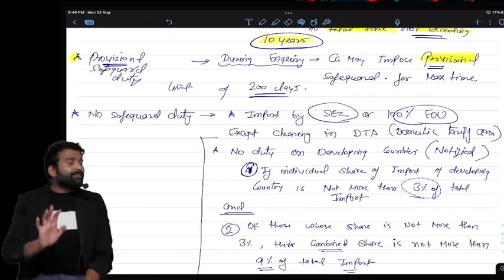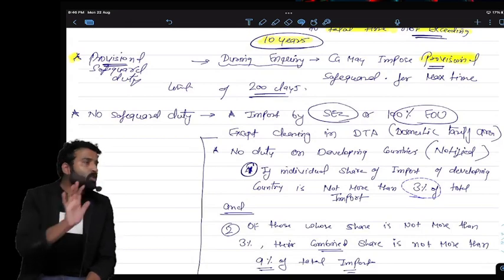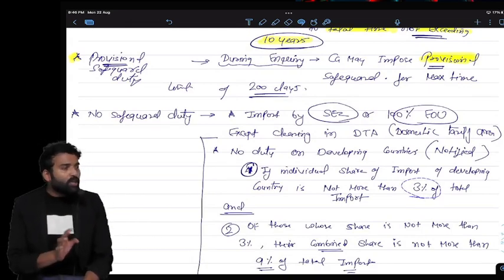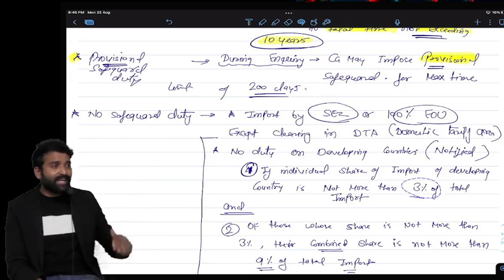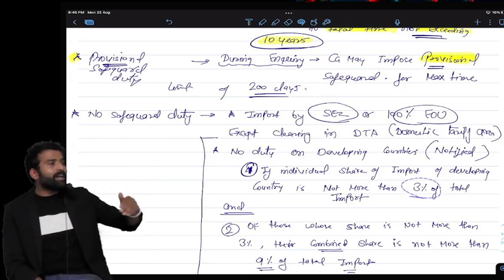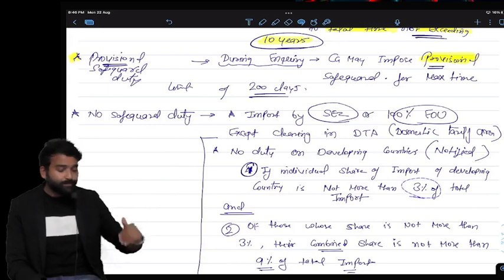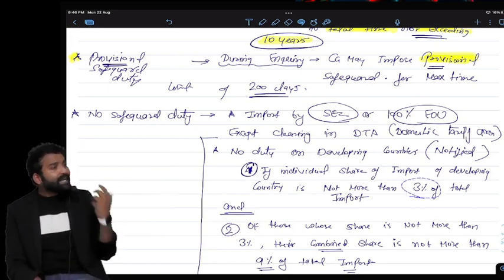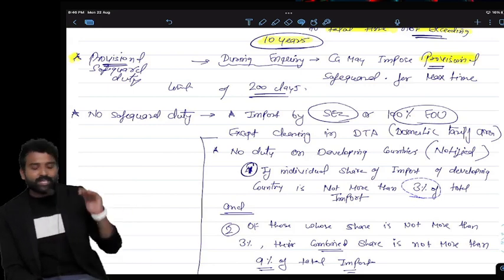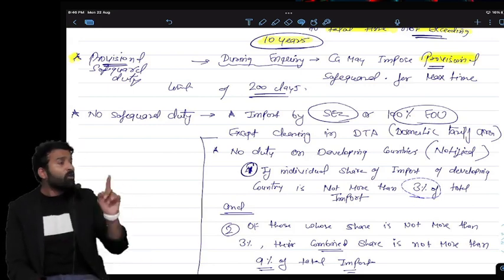Now, सेफगार्ड ड्यूटी नहीं लगाई जाएगी सेस और ईओयू के इंपोर्ट पे। तो ईओयू और सेस अगर इंपोर्ट कर रहे हैं तो उन्हें कोई सेफगार्ड ड्यूटी भी पे करने की जरूरत नहीं है। एक्चुअली ईओयू सेस के इंपोर्ट पे वैसे भी कोई कस्टम ड्यूटी नहीं लगती है, तो उन्हें सेफगार्ड ड्यूटी भी नहीं पे करनी, ना उन्हें बेसिक कस्टम पे करना है, ना उन्हें प्रोटेक्टिव पे करना है, ना ही उन्हें सेफगार्ड ड्यूटी पे करनी पड़ेगी।